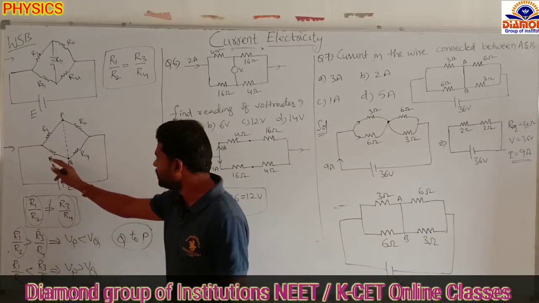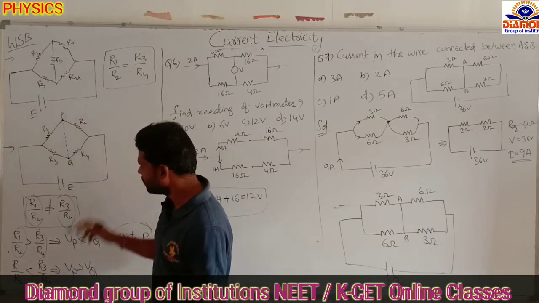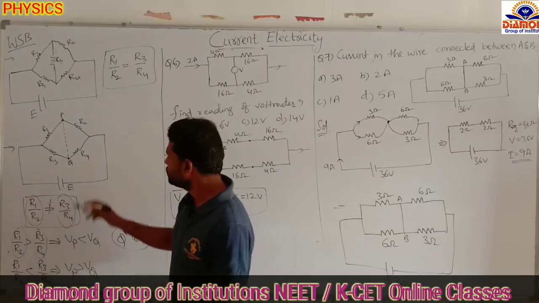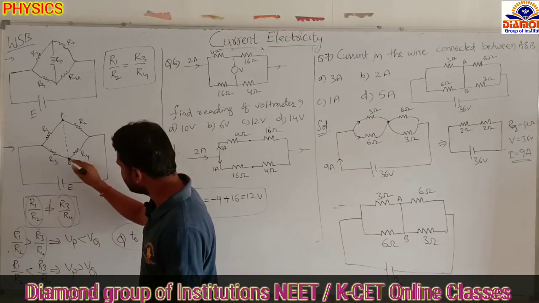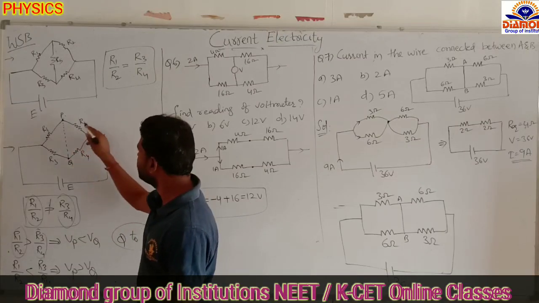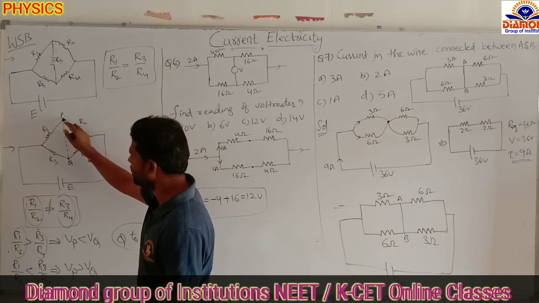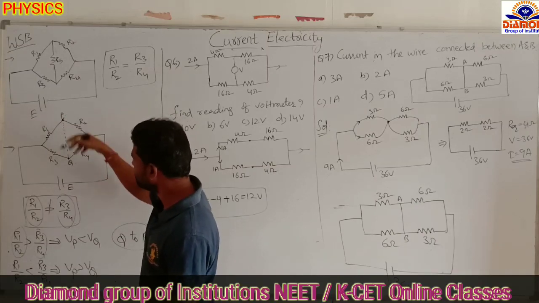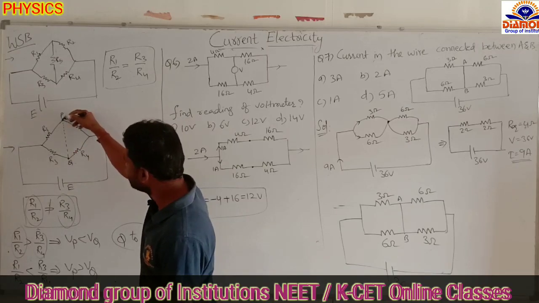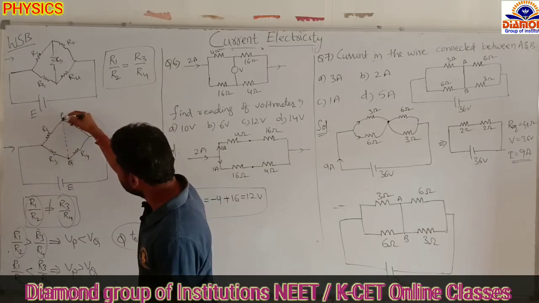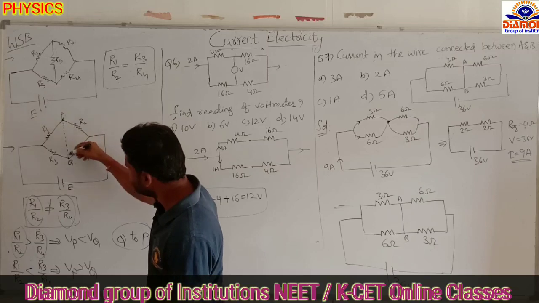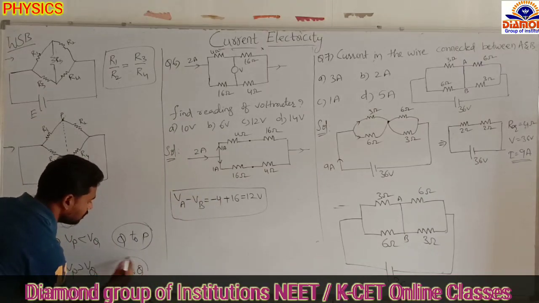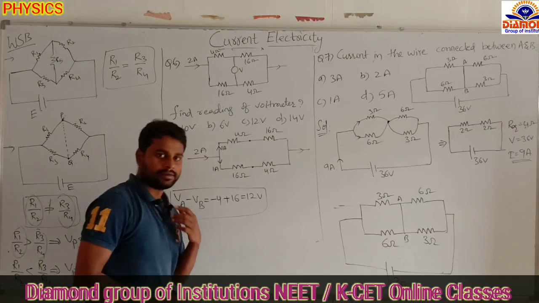Suppose we get the R3 by R4 ratio greater than R1 by R2. So the R3 by R4 ratio is greater, then the potential is small. R1 by R2 is greater, then the potential is more here. So Vp is greater than Vq. The potential at P is greater than the potential at Q. This is at high potential, this is at low potential. So current will flow from the high potential to the low potential. That means P to Q. Like this you have to remember. In theory you may get it from this also.